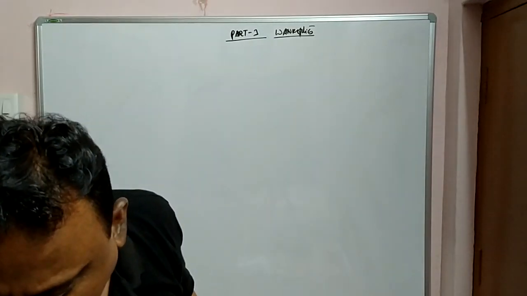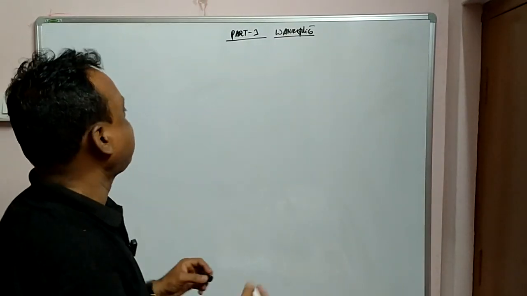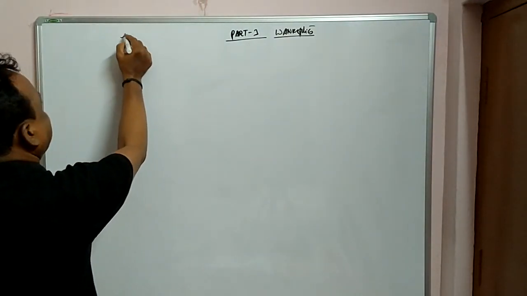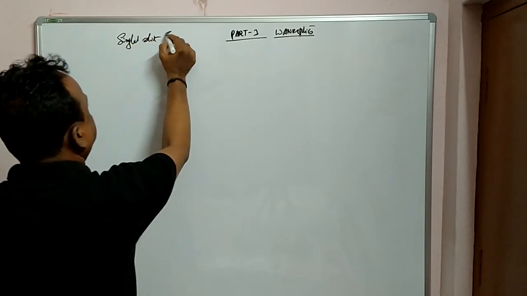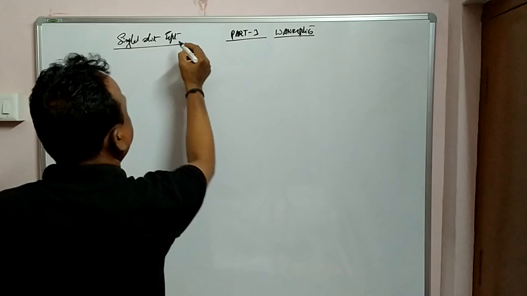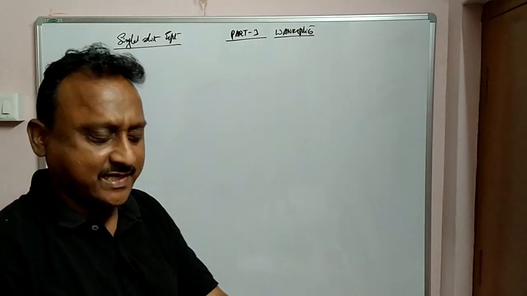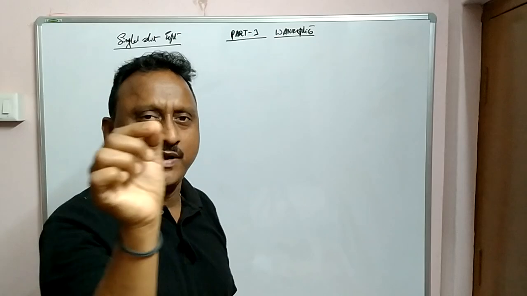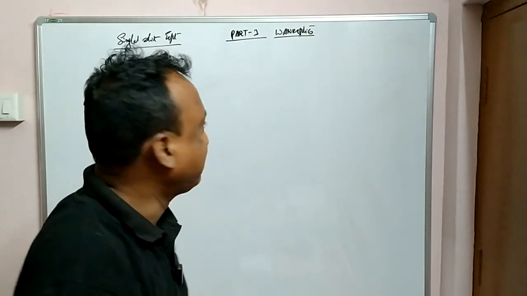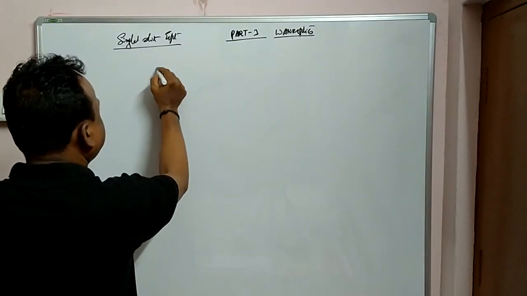Now coming to the experiments, that is regarding the single slit experiment. As I told you, slit means just taking a cardboard and making a small scratch with a blade. That is called a slit. That means when you are making a single slit,